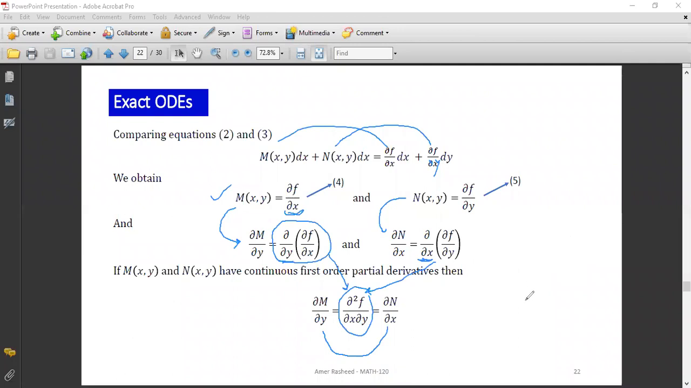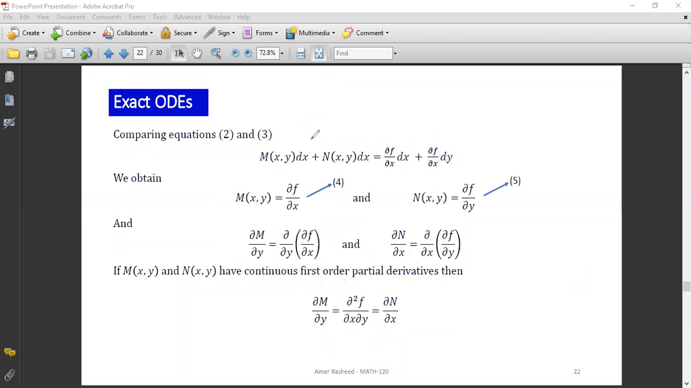Okay. So this is basically the criteria for an equation to be an exact differential equation. If we compare the given equation, the exact differential equation, with this differential of the function f of x, y, then